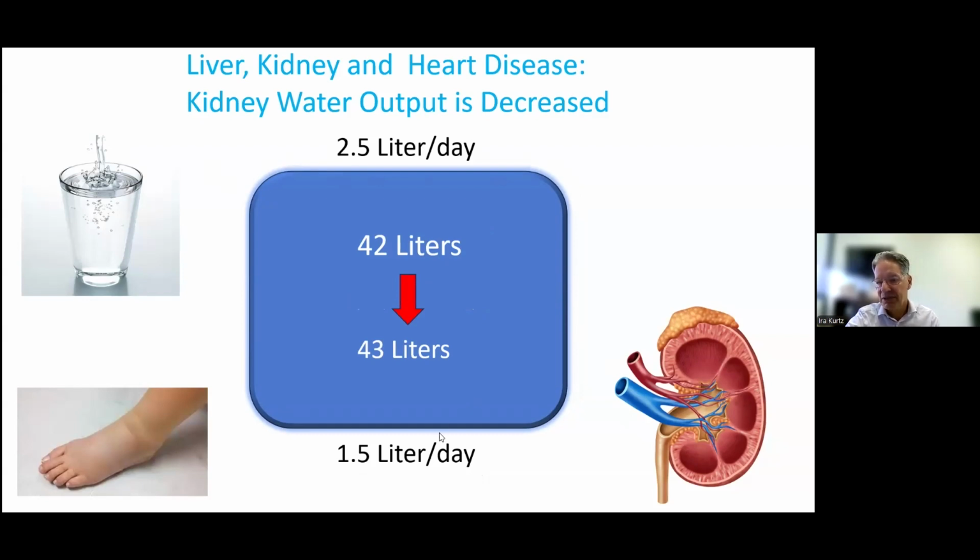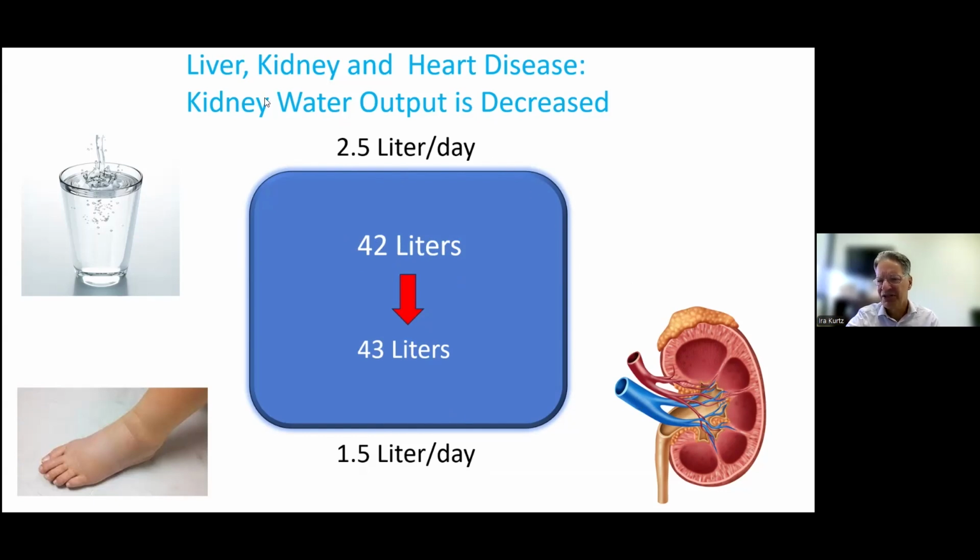Well, what's going to happen? It's like putting money into the bank, but for that month you spent less. Well, you're going to end up having more money in the bank. And the same thing occurs with water. If you have situations where the kidney can't match your intake, and in this example where the output is less than it should be, 2.5 liters, not 1.5 liters a day, you're going to gain a liter. Let's say this occurred over a day. So instead of having 42 liters in that person, if the kidney put out a liter less than went in, because it's just unable to do more because of these disease states.